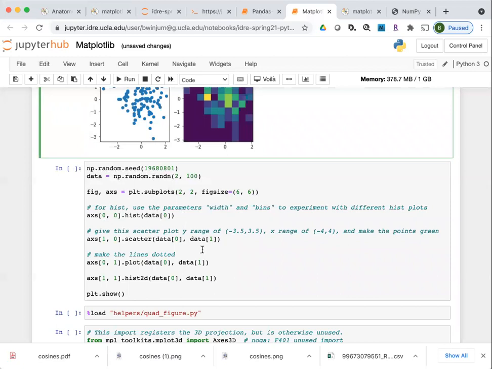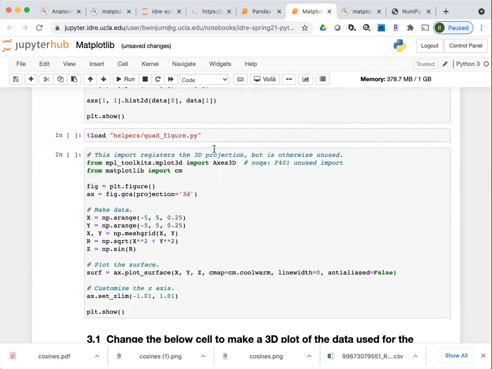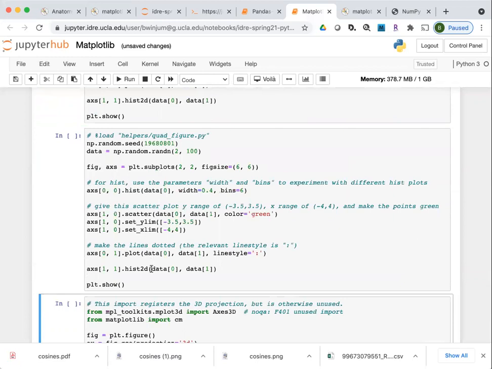I've written some suggestions for how to play around with this. I'm going to skip over this for the moment, but if you execute this particular cell here, you'll see code which will do what I've suggested up here. You can execute this and it will load the file that I've included here.